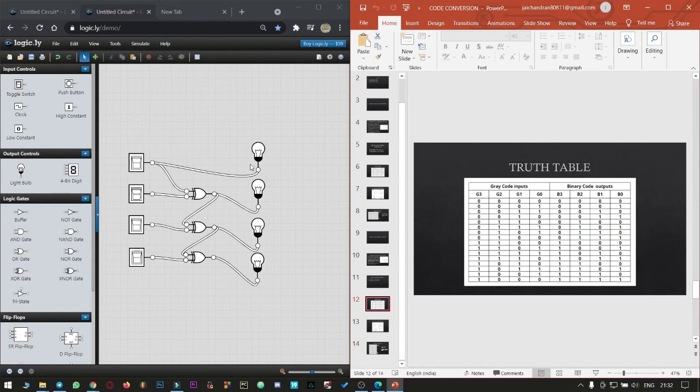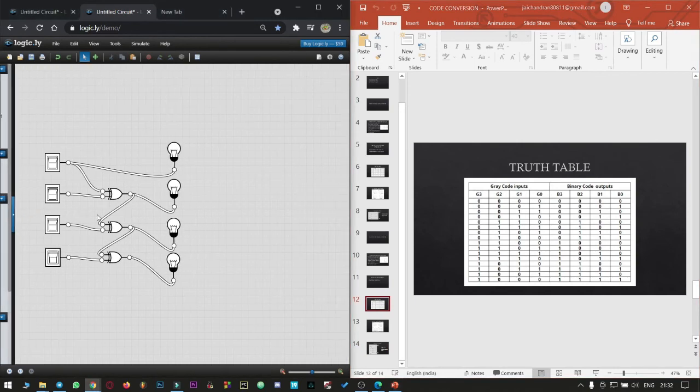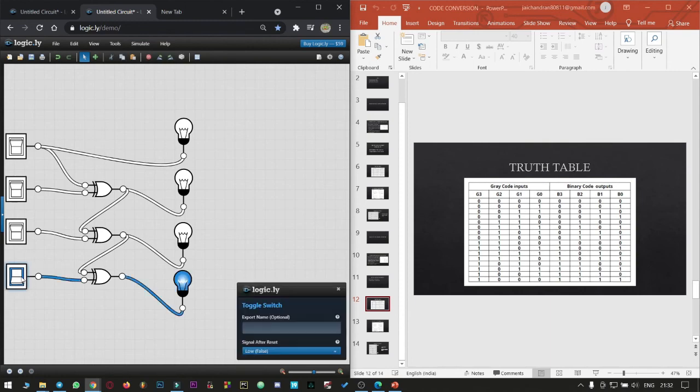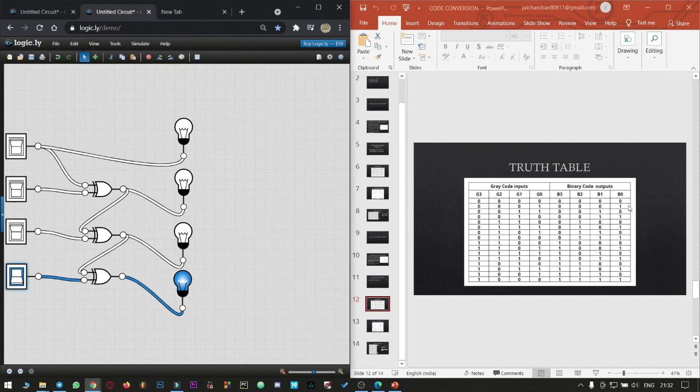As you could see, when all the gray code inputs are 0, the converted binary output is 0 0 0 0. When I turn on the G0 value as 1, we observe that the B0 value also turns to 1.